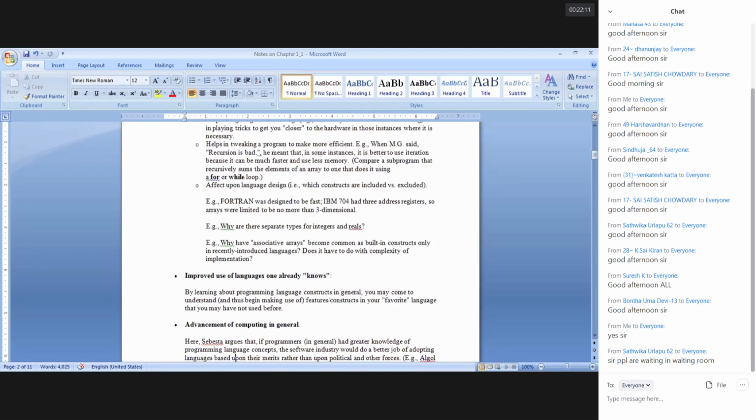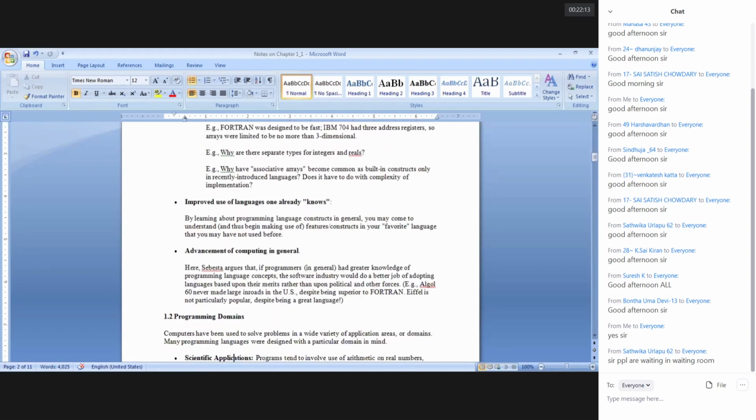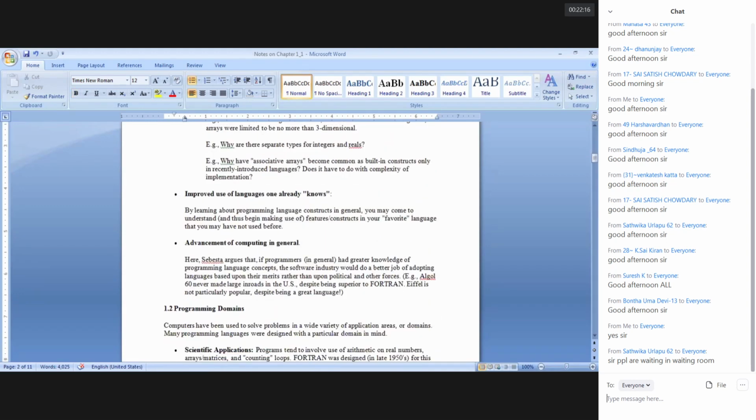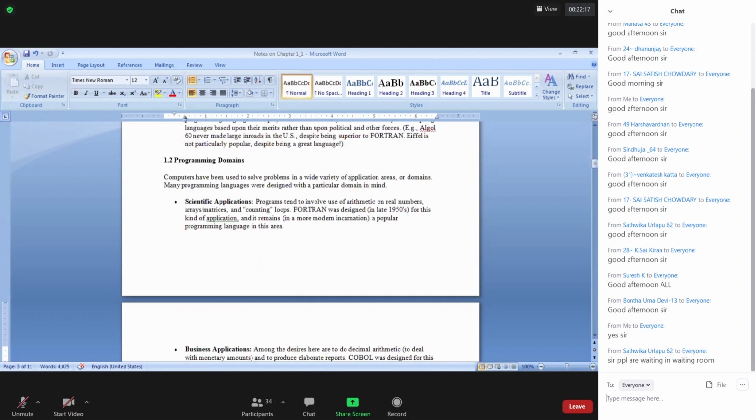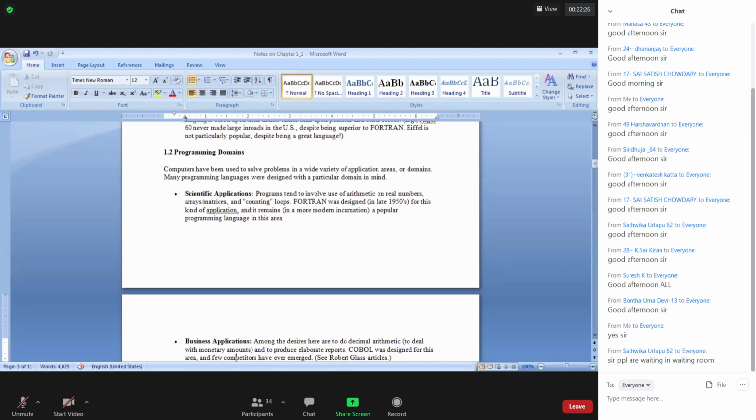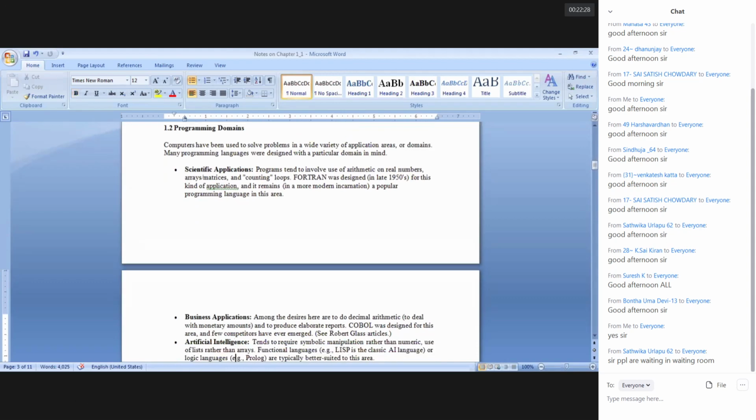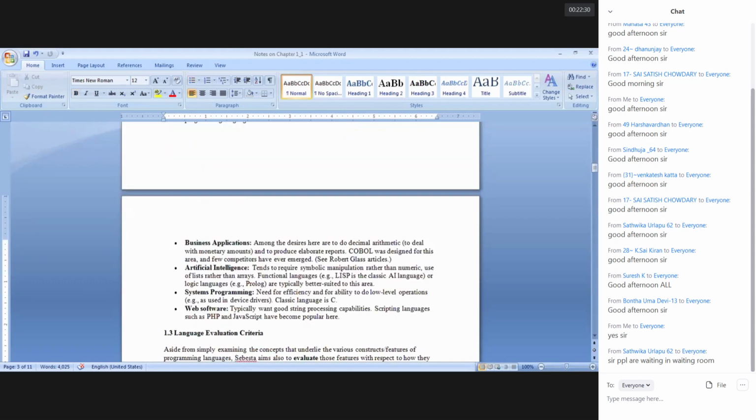Improved use of languages, one is already known. Advancement of computing in general. If anything new comes, then you are able to do it. So what are domains? Programming domains. Programming domains are like scientific applications, business applications, artificial intelligence, system programming, web software,